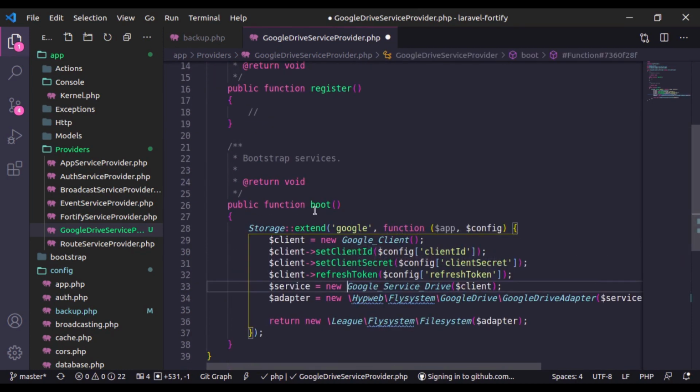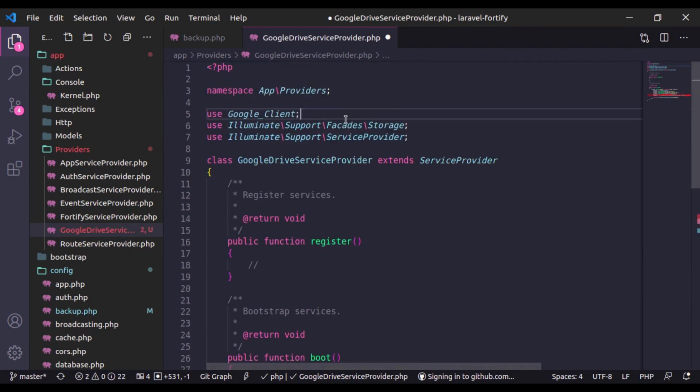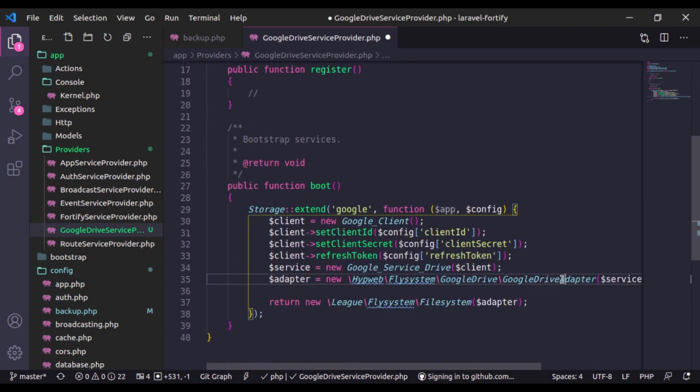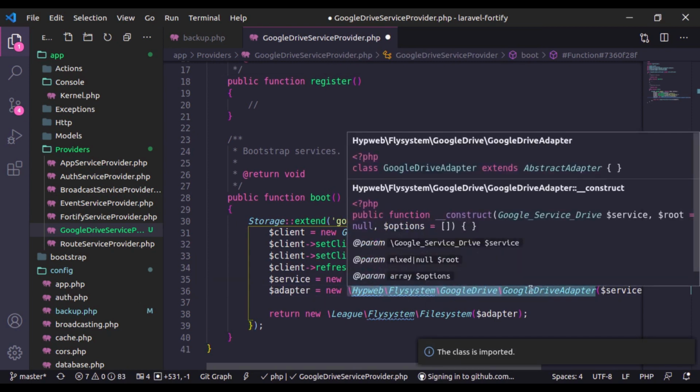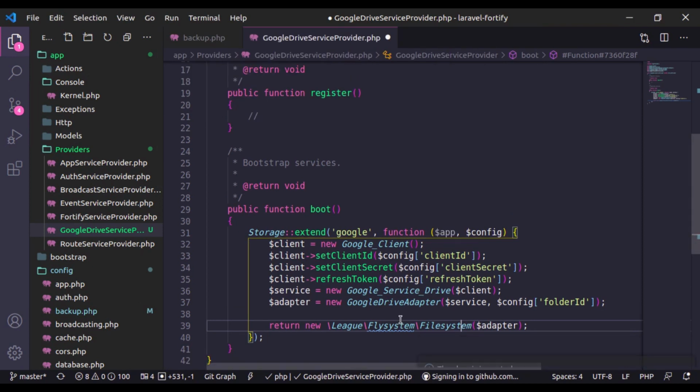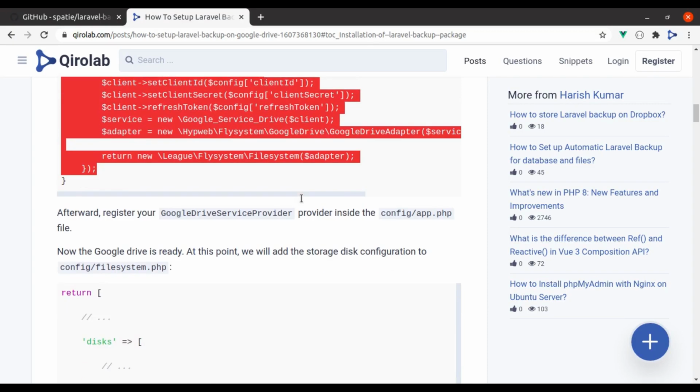Same thing for this Google service drive, use Google service drive. Let's import this and this file system as well. Now remove it. Now it's done. Now let's see the next step.